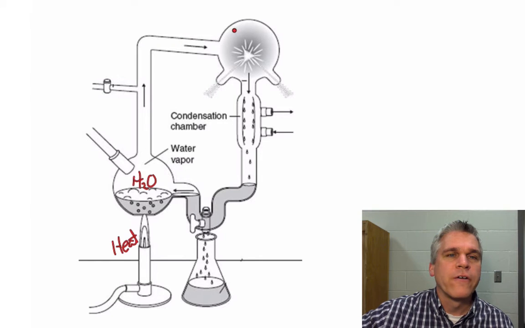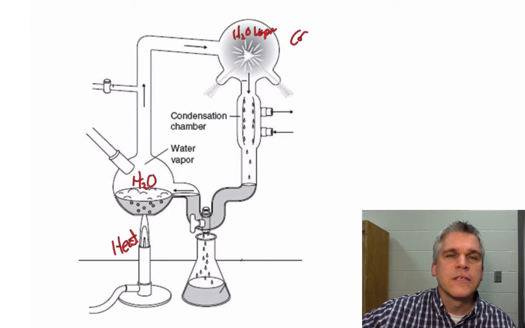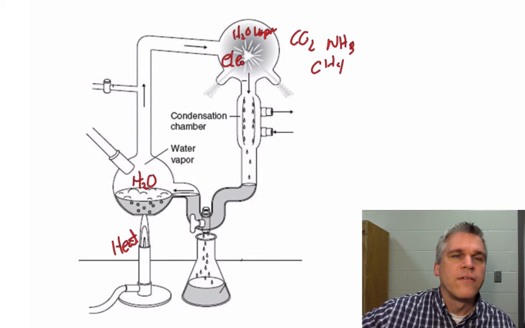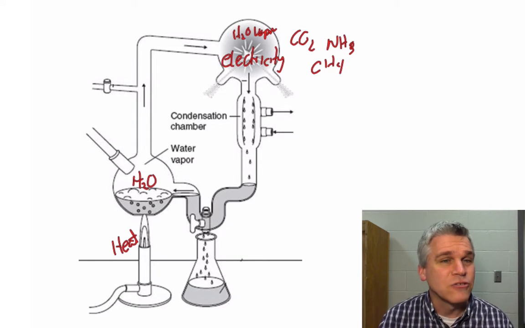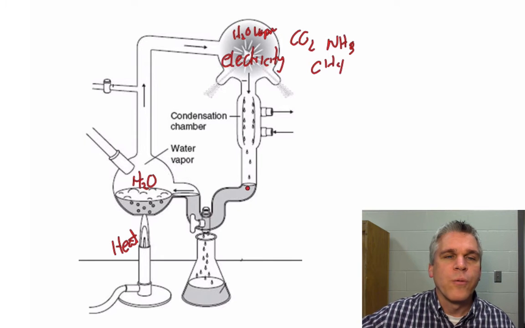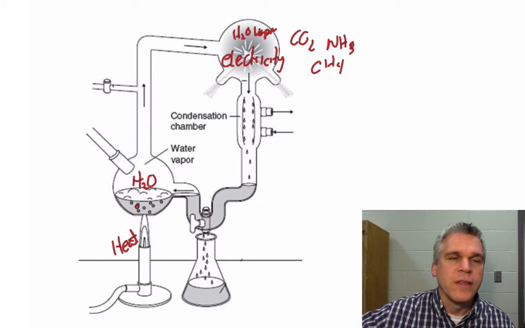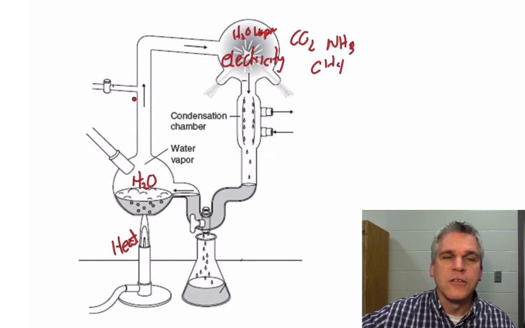So now we have some water vapor that made its way into this larger bulb where they put different types of gases. So they put in things like carbon dioxide and ammonia and methane gas, and they gave it a little spark of electricity every once in a while. So this was simulating the gases in the atmosphere, but it was also simulating the fact that there's lightning strikes going on. And it cycled around to the point where it cooled. The water vapor became liquid water again,